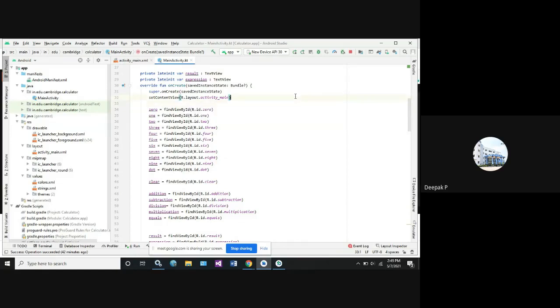Next, what are the contents we have? We have the values, that is 0, 1, 2, 3, 4 up to the values. So I will explain only one. So 0 equal, what is the first thing? Whether the user is clicking a 0 value first. It has to be checked. So for that, we need to find findViewById. Okay, it is one of the Gradle functions, where it is usually used to parse our data. Okay, so do you know what you mean by parsing?